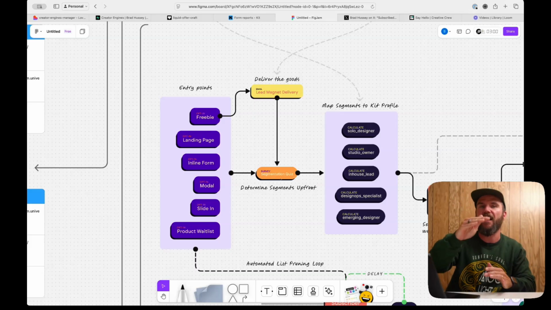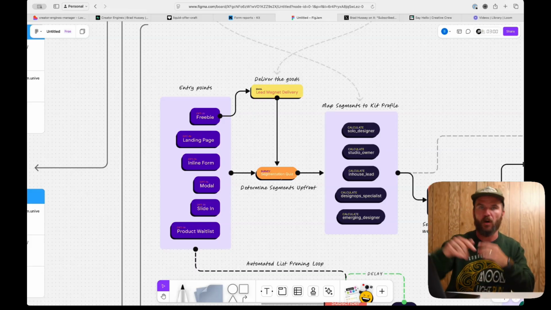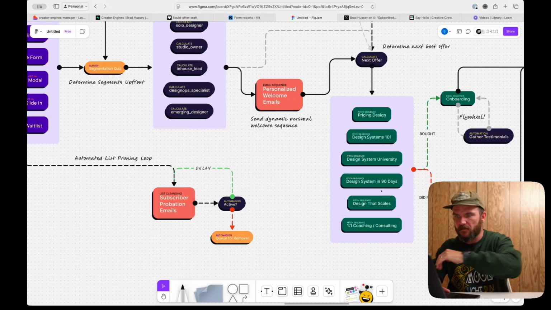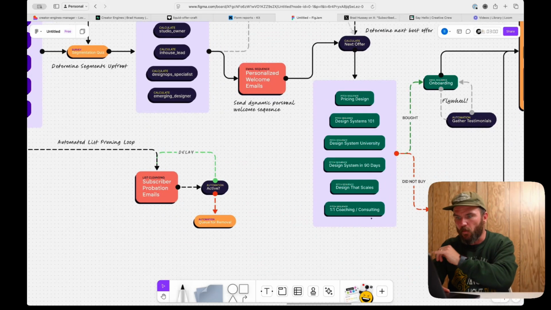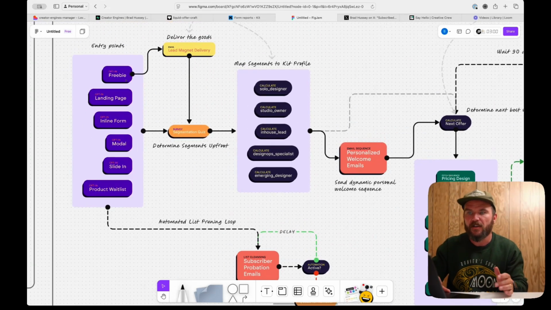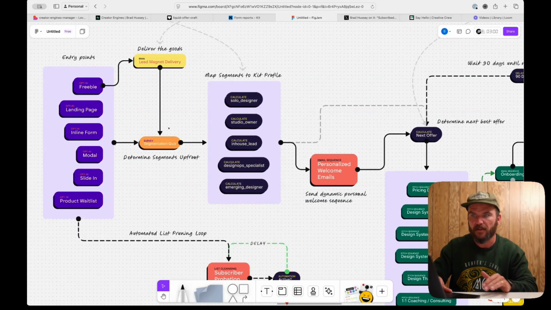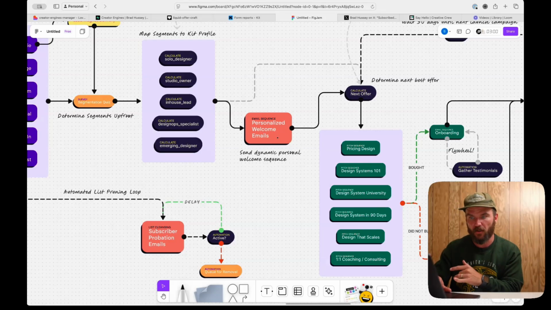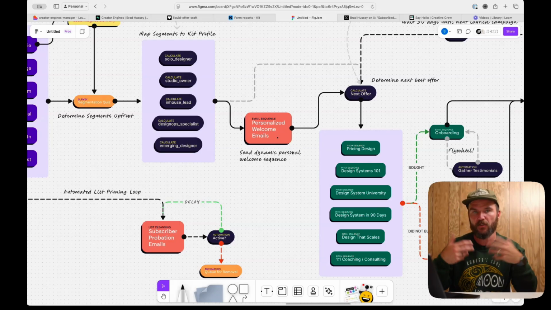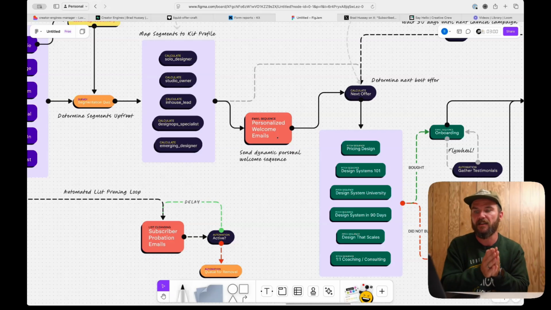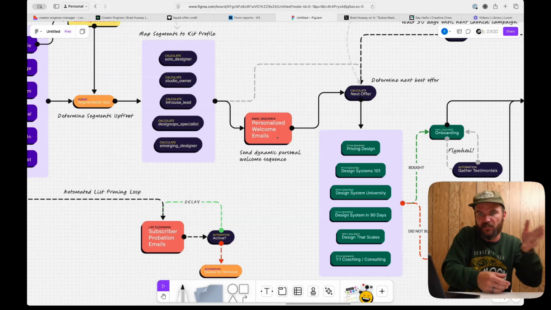And then we can say, aha, they're going to need Design Systems 101. They're going to need Design System in 90 days. They're going to need one-to-one coaching. So what we want to do, bring them in, segment them right away up front, map the segments to their kit profile, send them personalized welcome emails, a dynamic personal welcome sequence, maybe 3 emails over the course of a few days, and introduce them to Dan, how we can help in your stage as a studio owner or